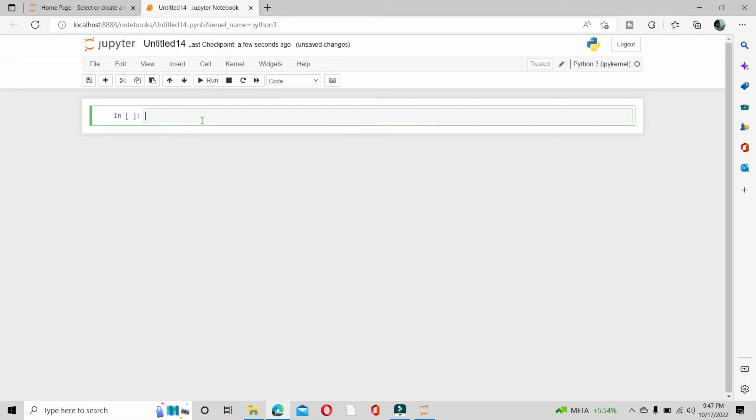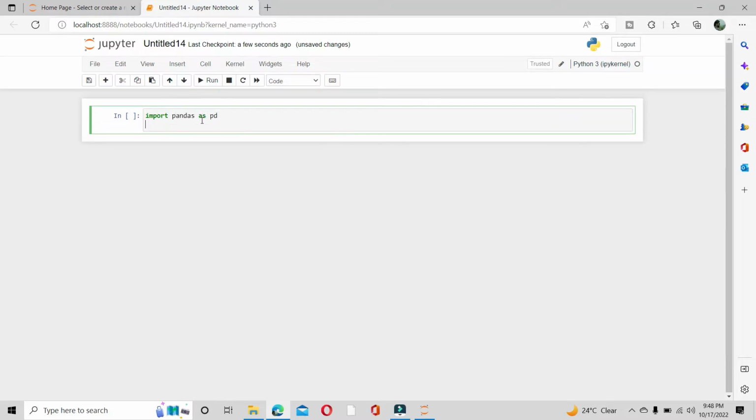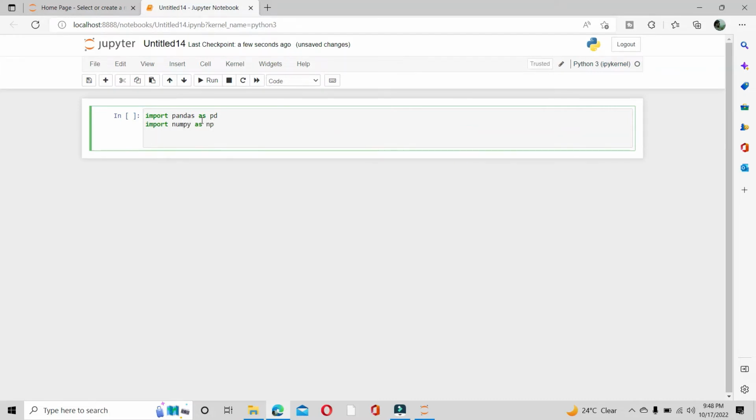So let's start. Data frame. First of all, you will have to import pandas. Import pandas as pd. Import numpy as np, then data frame 1 is equal to pd dot read_csv r